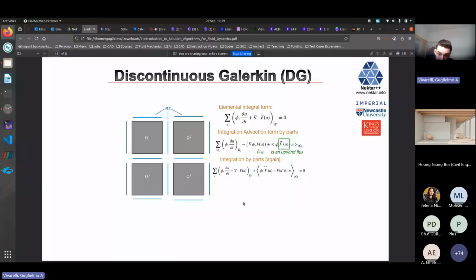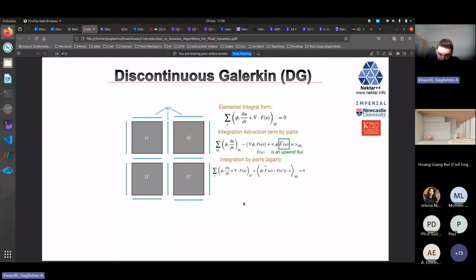So we've managed to crucially recover a term which is called f hat of u, which is an upwind flux, and I will explain what I mean by upwind from our equation. We then integrate by parts again, and we end up with the third line you see there, which is now once again a summation over all elements, but of the original equation. And crucially, you've added in a flux quantity and the quantity evaluated over the entire element inside, once again, the